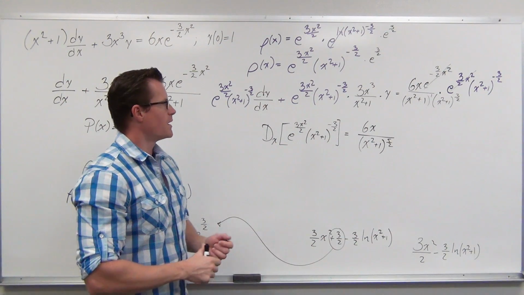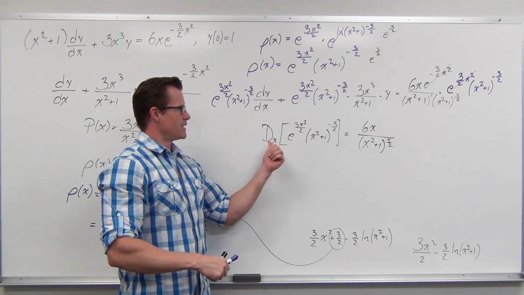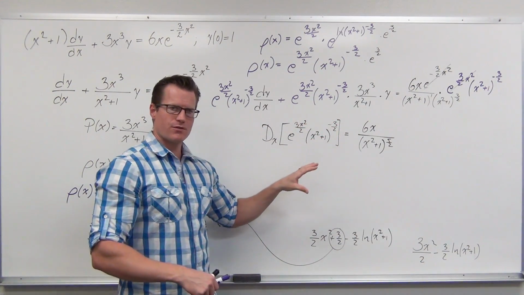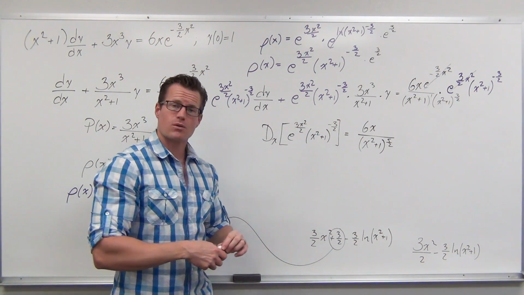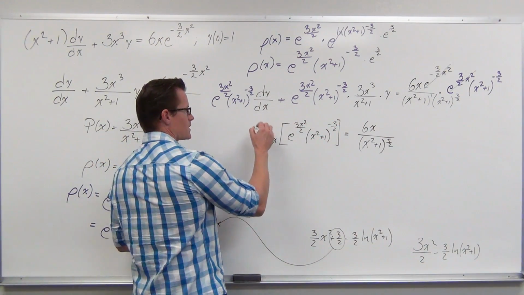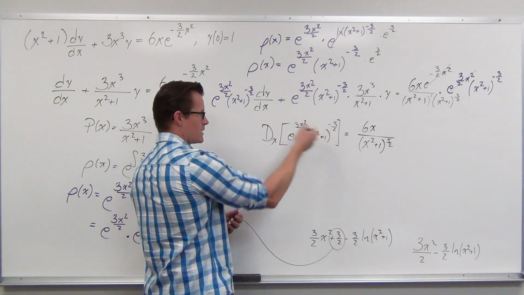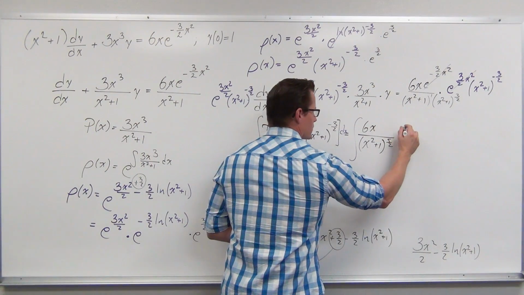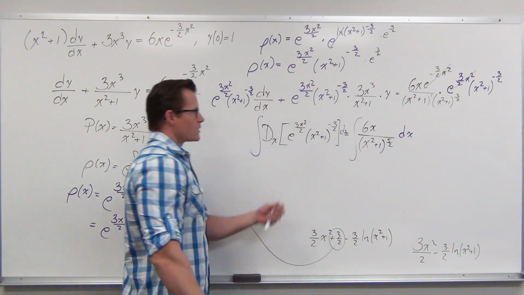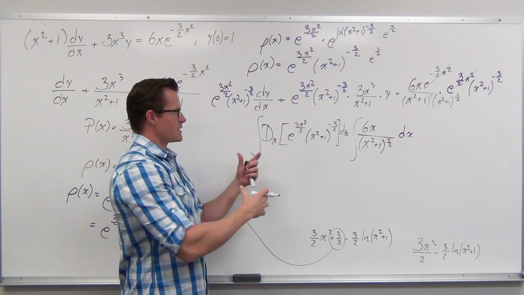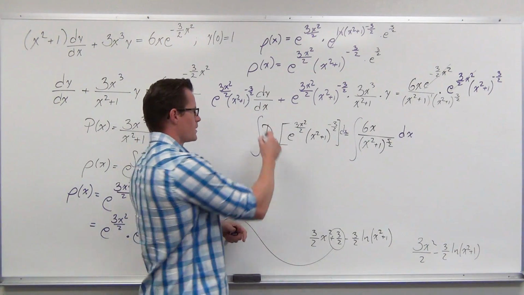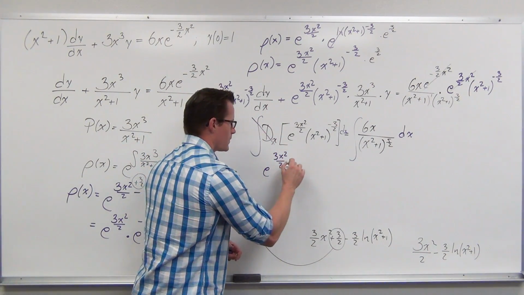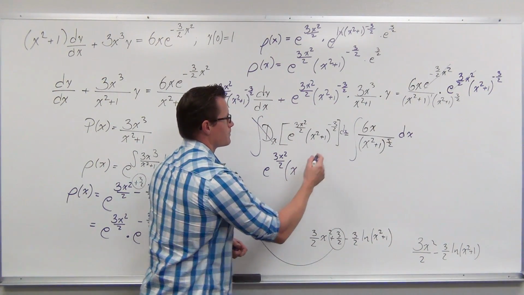So now we're left with this idea that this side's a derivative of this, and if we want to get rid of a derivative, we know that we can integrate. So let's integrate both sides with respect to x. This was a derivative with respect to x. This, let's find the integral with respect to x. What you do to one side, you have to do to the other. So on the left-hand side, the fundamental theorem of calculus says integrals undo derivatives, basically. So gone, we'd have this e to the 3x squared over 2, and then this x,